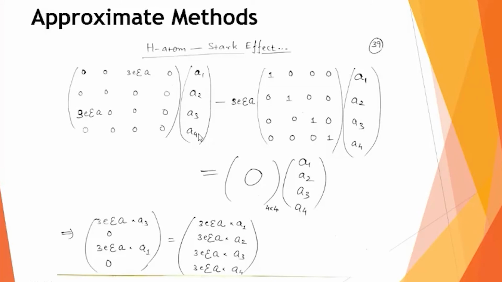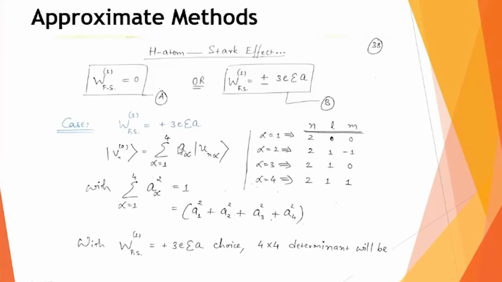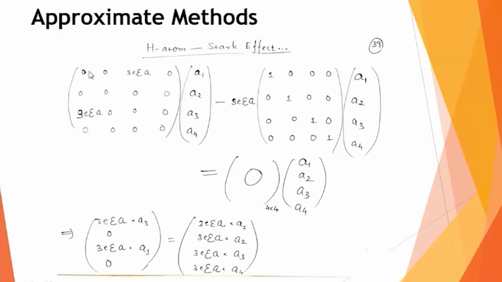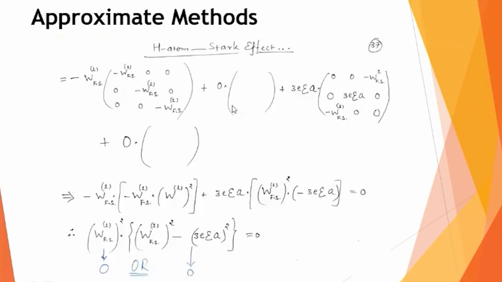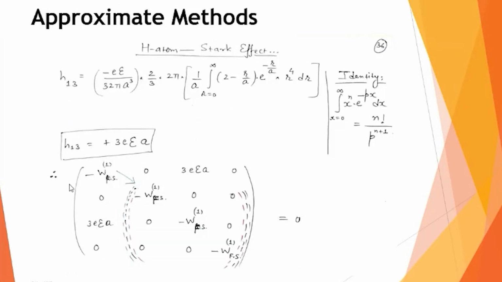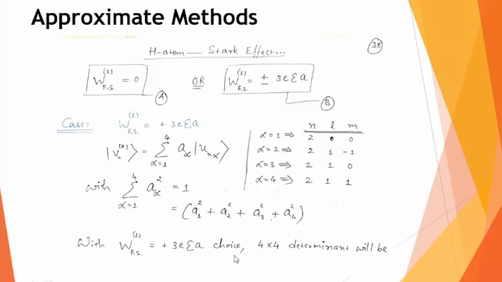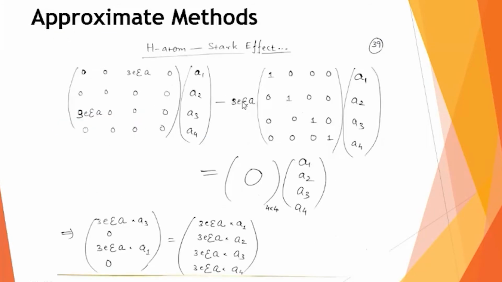So I write a trick like this. This A1, A2, A3, A4 comes from this part. A alpha means alpha is 1, 2, 3, 4. And then those diagonal elements I write separately. And in that you can also see this minus 3E, because W1 is coming with the minus sign. Minus, minus, minus, minus. So even if I take W1 itself as a plus value, because of that minus sign, I now have minus 3E common. If you add this, you will get the previous equation.